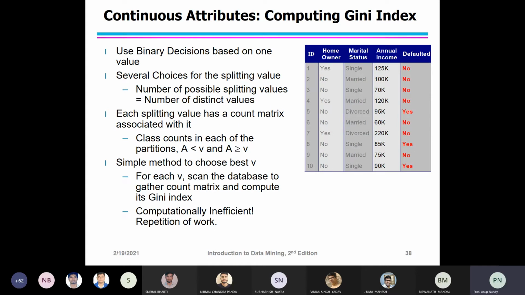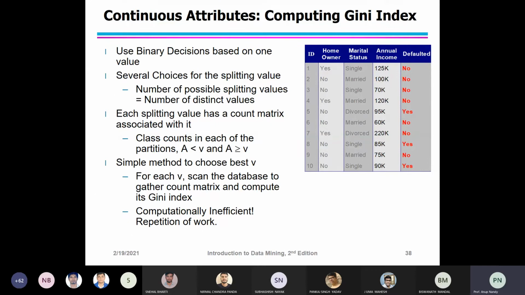So you have to make a binary decision based on some value. Now you have a test condition: if annual income is less than or equal to V, where V is a candidate value that you have to choose. What will be the value of V?